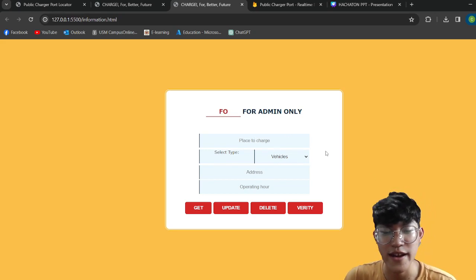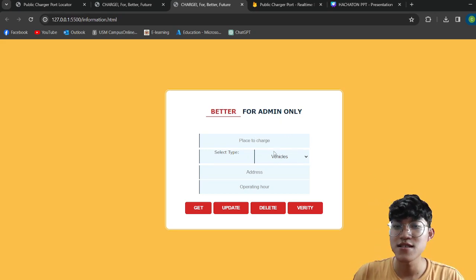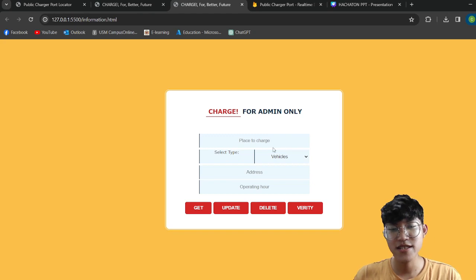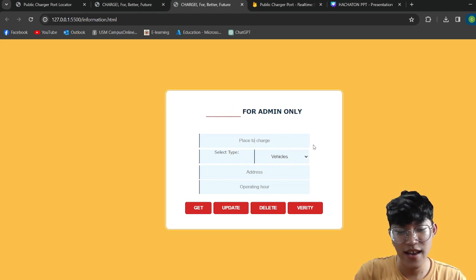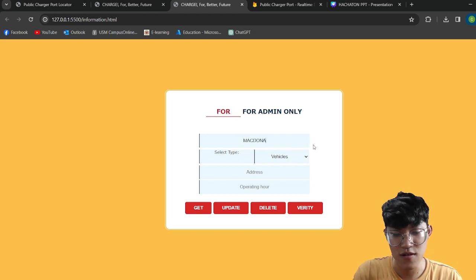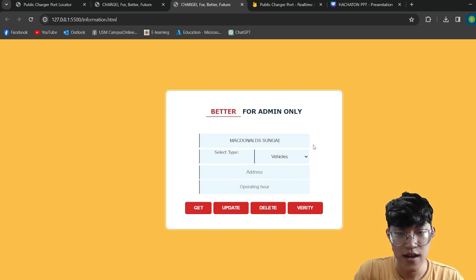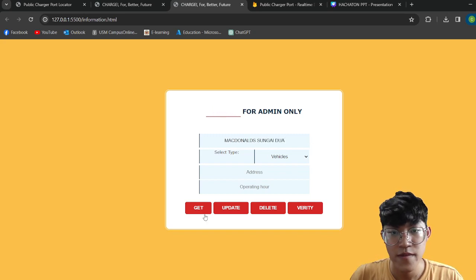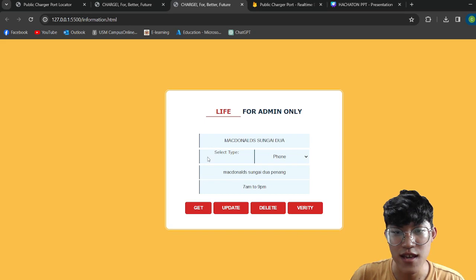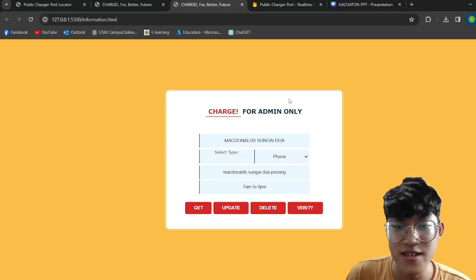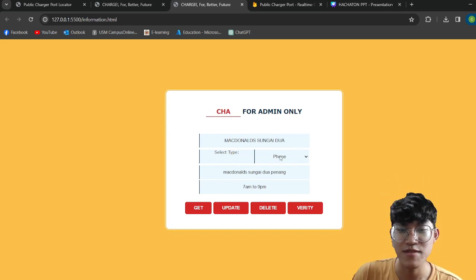Okay, if we look at the page for admins, this is a search and check information page for admins to access. Let's say admins have received registrations from users. They can come and search for the registered establishment, let's say McDonald's, Sungai Dua. You press the get button, and you can get all the details on this registered establishment.